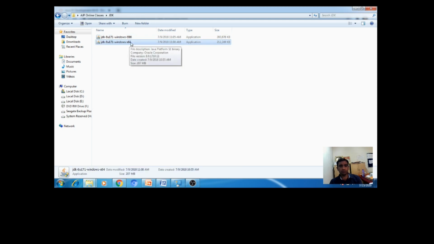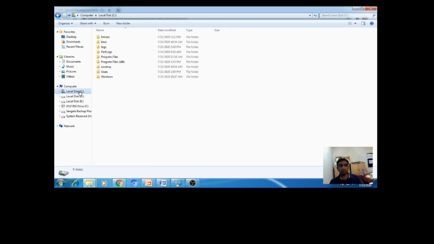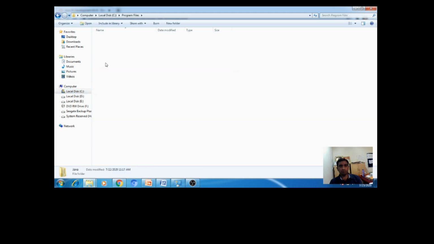When we install this executable file, it will be installed in the C drive, Program Files, Java folder. Then we can see here two folders are available, that is JDK and JRE. JDK is nothing but the Java Development Kit, and JRE is nothing but the Java Runtime Environment.